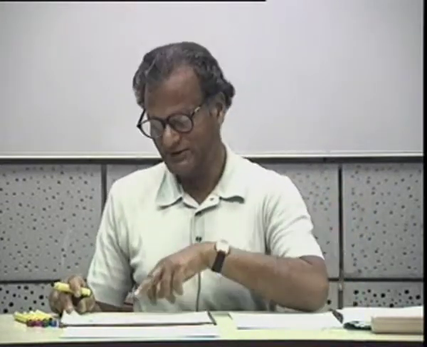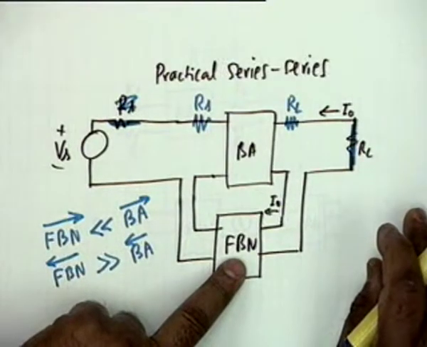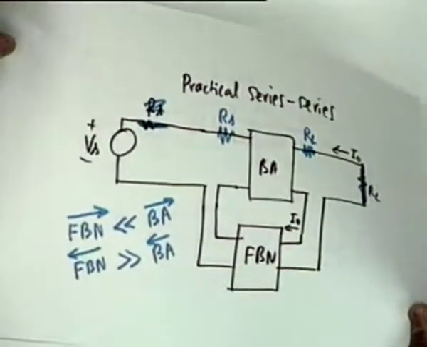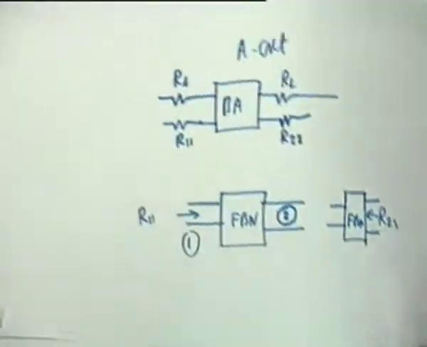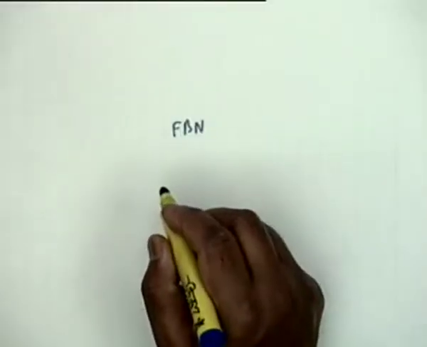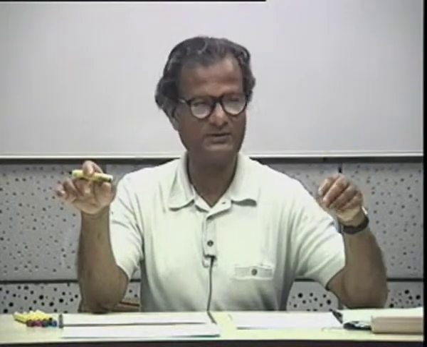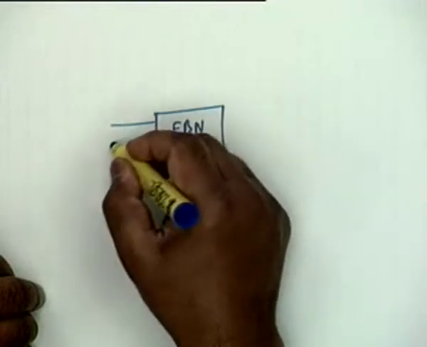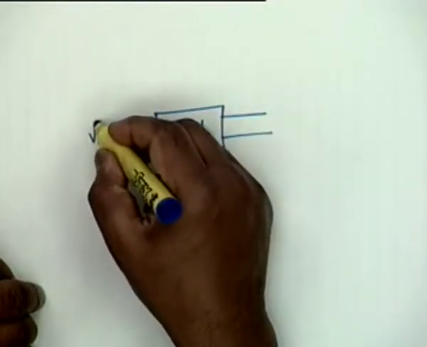this rule works, because the feedback network here will have to be modeled by its Z parameters. Let me go through this. In the other two, I will not explain what parameters I am using. Let me explain only in this one. The feedback network, why Z parameters? Because for series, what I want is the equivalent circuit should be a series connection at port 1 and a series connection at port 2. And you know this is offered by the Z parameters and Z parameters alone.